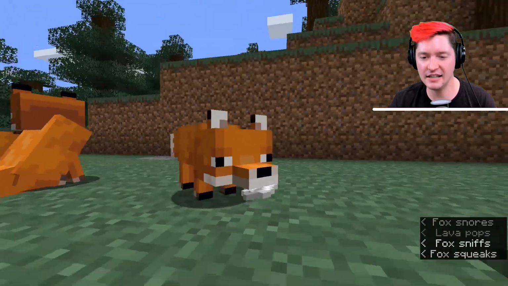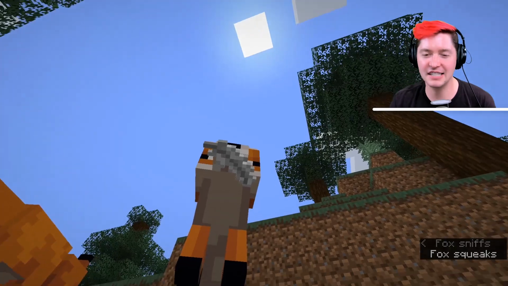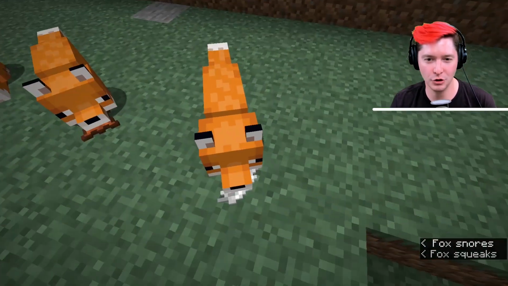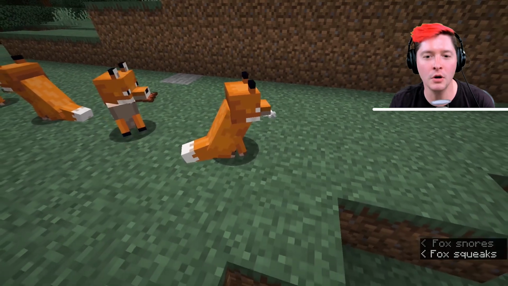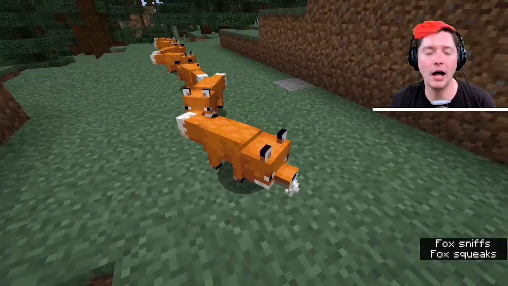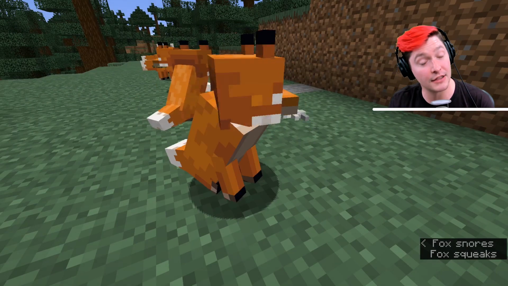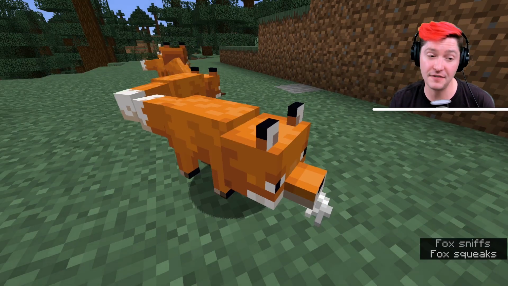And finally is the feather. That fox definitely killed a chicken for that feather. You murderer. You animal murderer. Well, there is a 20% chance that the fox has a feather on the Java edition, and only a 15%